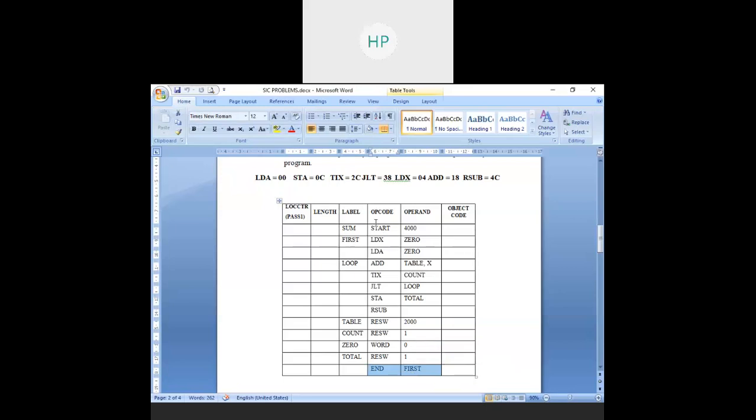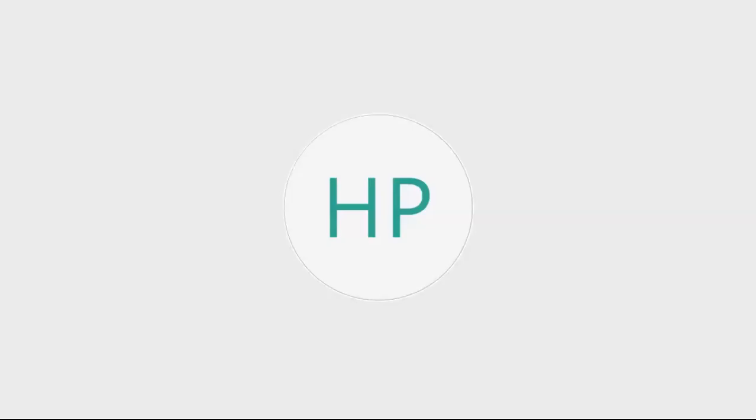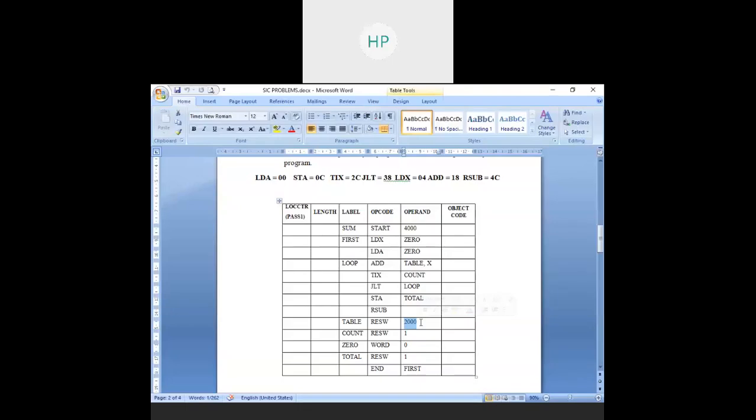So these are the assembly directives, start and end, and you have something called a reserve word, RESW. The name itself says reserve word. So you need to reserve these many words on memory for some purpose.